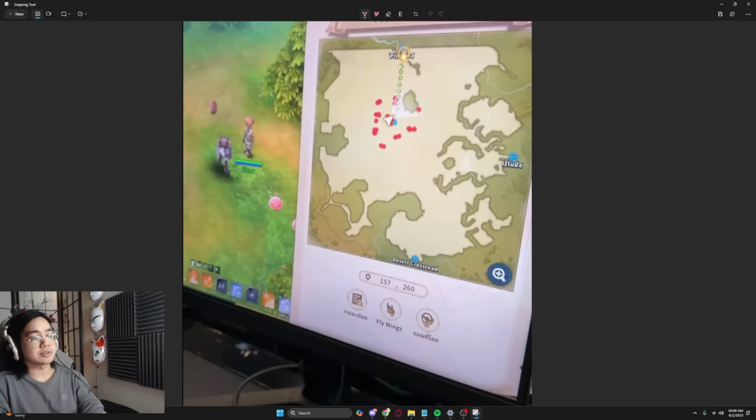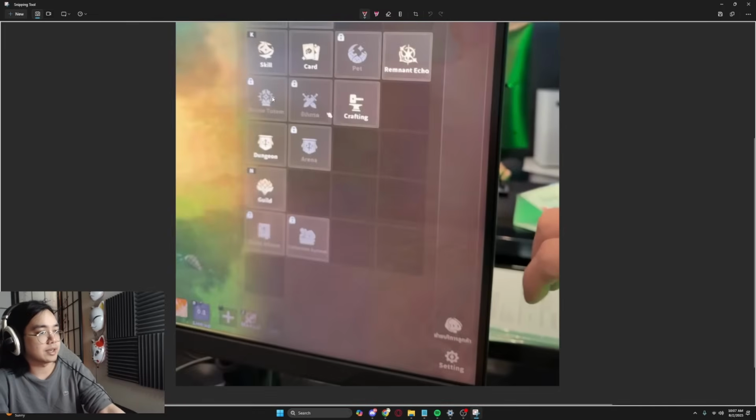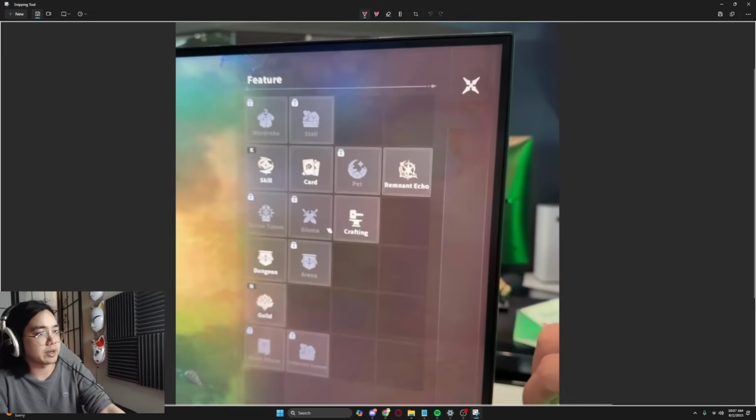This line right here tells me that this is auto-pathing. This one right here is the menu that they have, Remnant Echoes. I'm guessing the reason why we didn't see it in the equipment tab is because they have their own window. There's crafting. This looks to be enhancing, from what I'm told. This is Divine Totem. Dungeons, arenas, guilds, wardrobe, stall, which tells me that you can have kind of like an